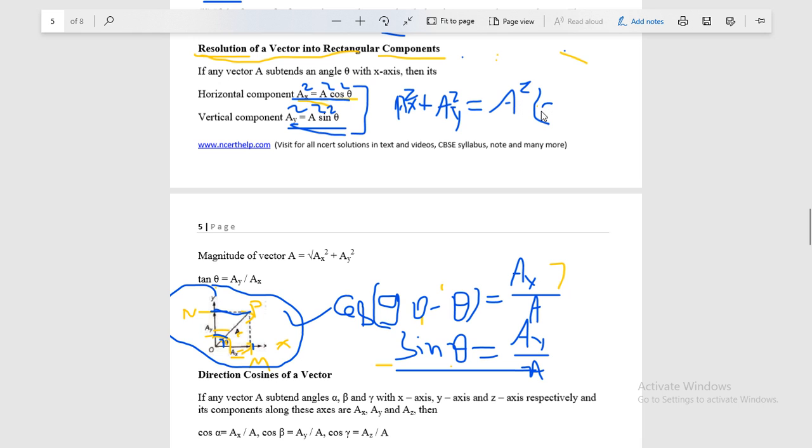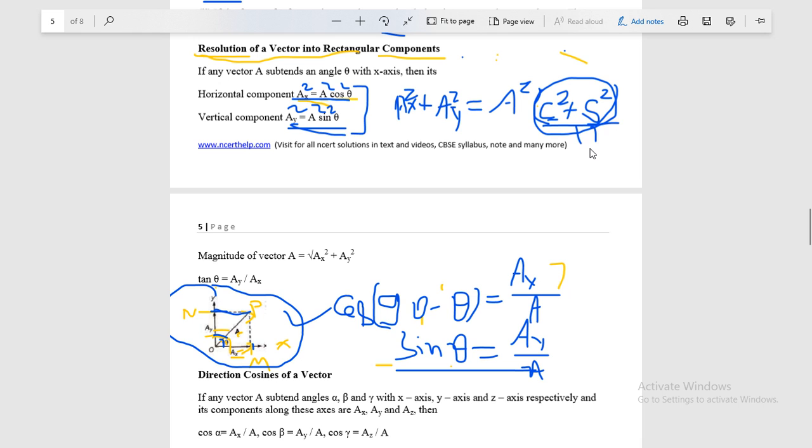So I am using c for cos and s for sine. So you can write like this. In this bracket, this c represents cos theta and this s represents sine theta. So you know that cos square theta plus sine square theta is equal to 1. This is one of the identities which is given in class 10th. Okay, so I hope you all know about this identity, that is cos square theta plus sine square theta is equal to 1. So this portion becomes 1.